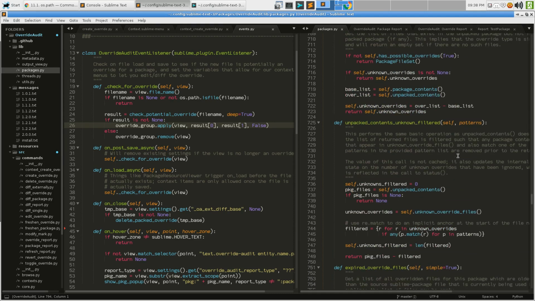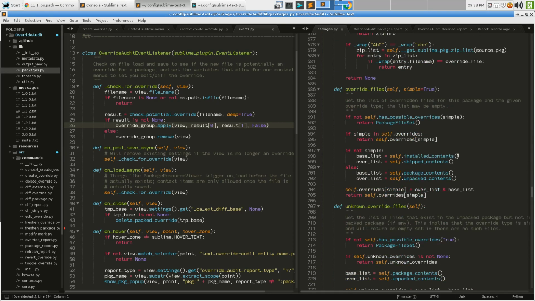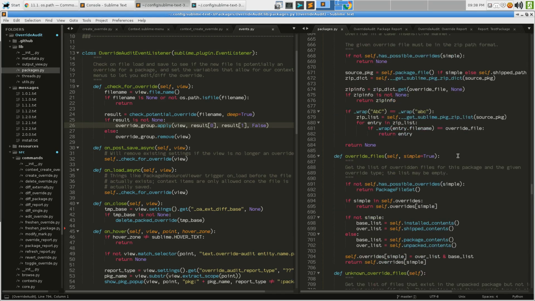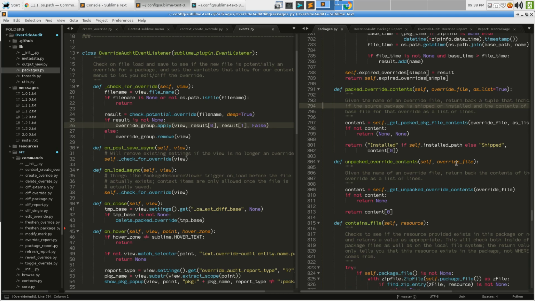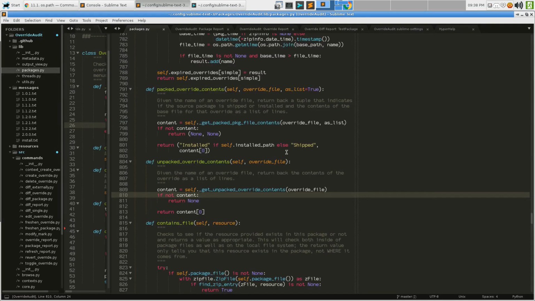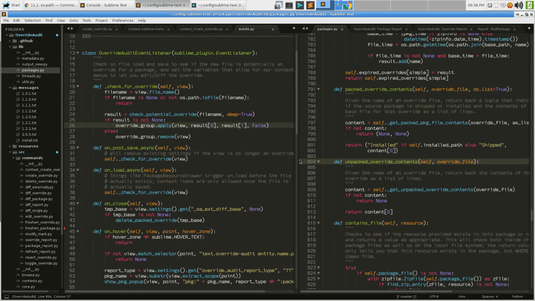That might take a little bit more work. Let's look at this for a second. Unpacked override contents: given the name of an override file, return back the contents of the override as a list of items. Now, I guess the other thing to look at here,